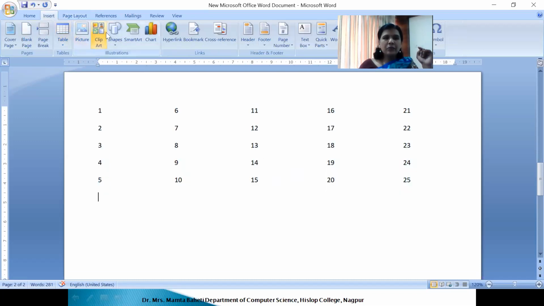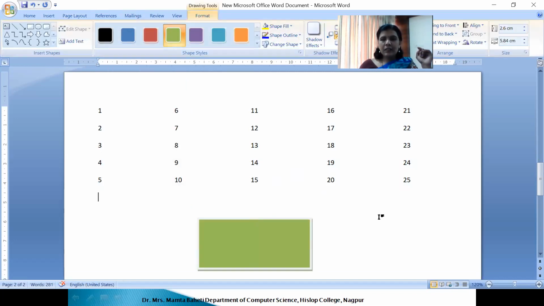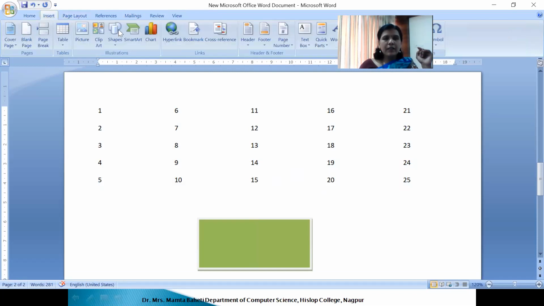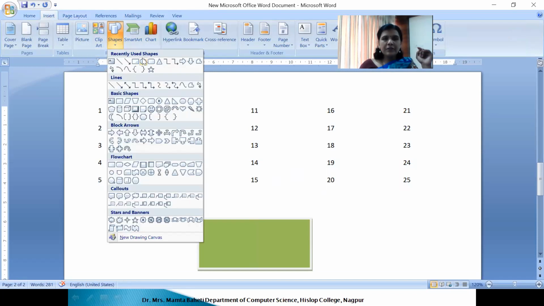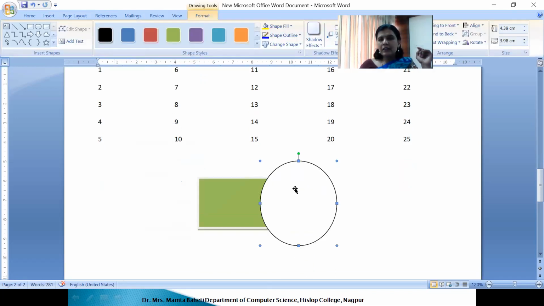From the insert menu for demonstration, I am taking this box. It is of this color. Then I am taking again some different shade. Now you will see that the circle is in front.